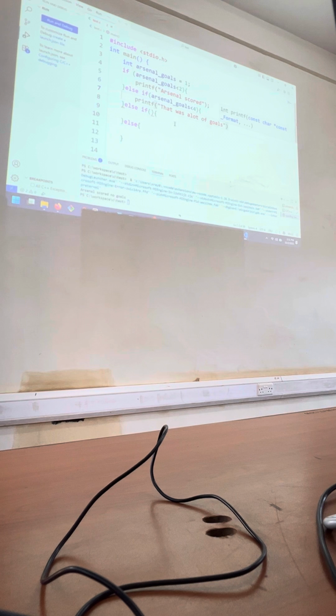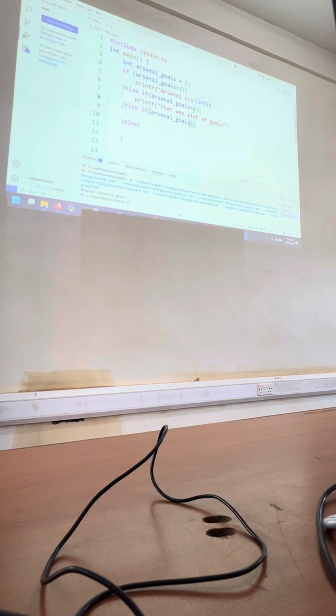Then you have another one checking here, maybe if the goals are actually greater. You could put something here, because you have not checked if the goals were less than 2, and then if they're less than 4. Now what you might have noticed is we have done the double check here. By checking less than 4, we are checking if the goals are greater than 2, but less than 4, by doing this check here.